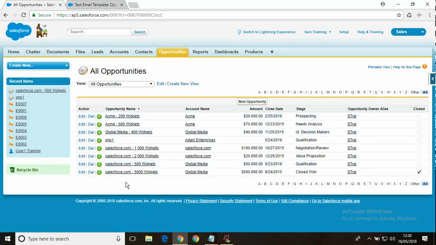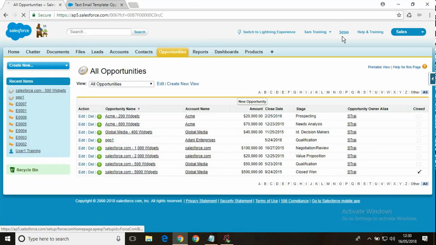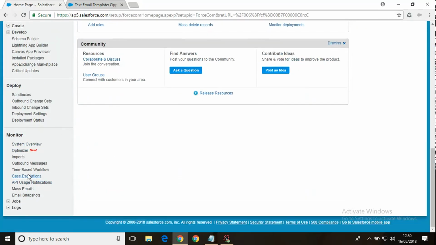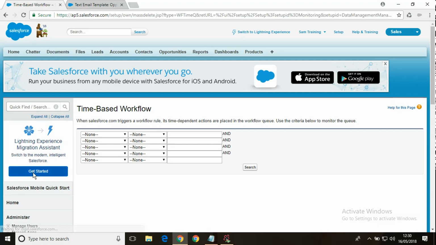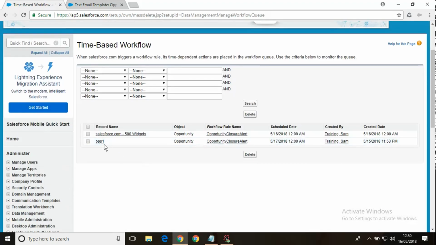You can see that this opportunity got open now, and 23rd May is the date. So now this is the case, and mail will be scheduled. Let us check setup. Yes, you can see that mail got scheduled.